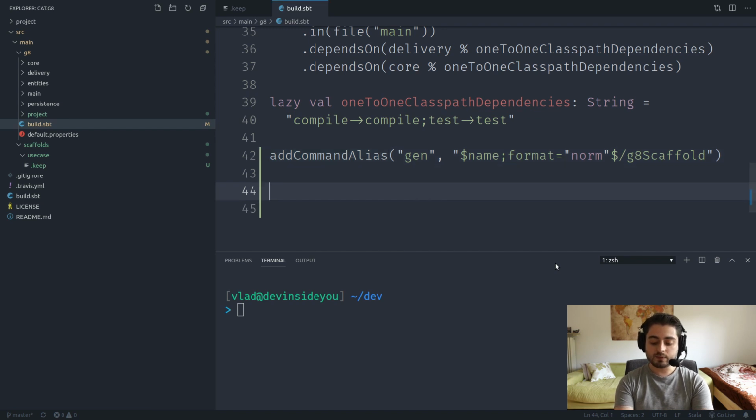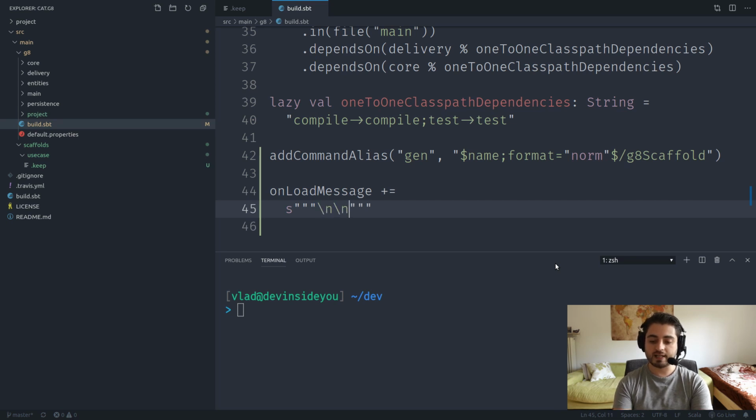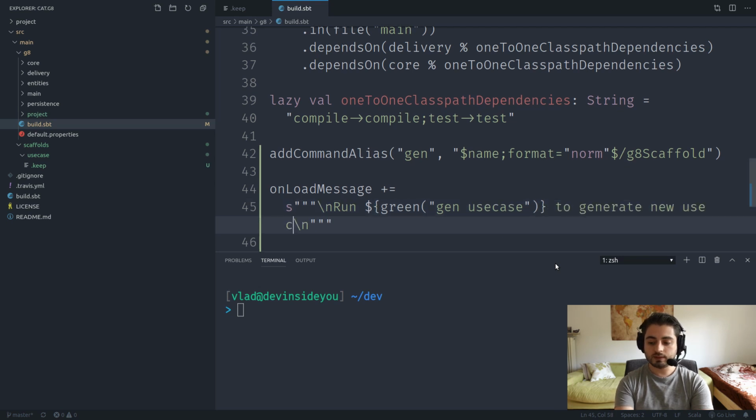So what we can do is say onLoadMessage, which is an SBT thing. We can display a message like this. We're going to use raw strings, like this, with \n, and inside of them we're going to write "run", and then we're going to have $, we're going to have green("genUseCase"), right? So we're going to say run genUseCase to generate new use cases,